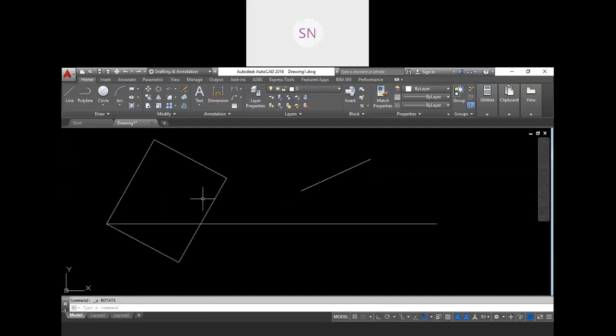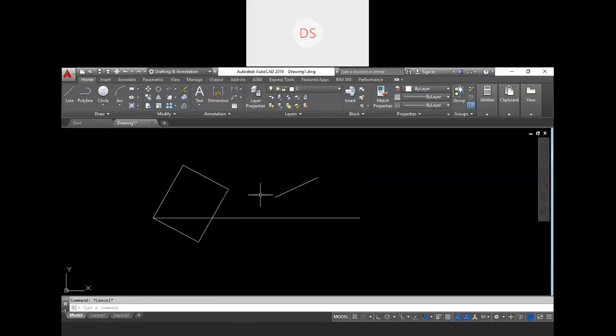Again I am repeating one more time, but quickly. Okay. Rotate, enter, select, enter, base point, reference, select 2 points of your object, then choose the points option and choose 2 points of the new object, and this will be parallel with the new one. Is it clear now? Yes, sir. Thank you, sir. Okay, good.